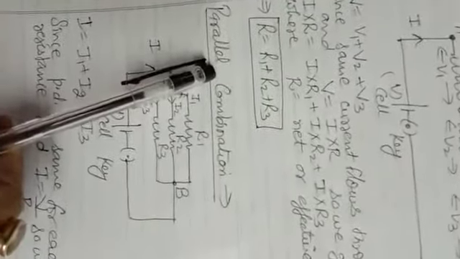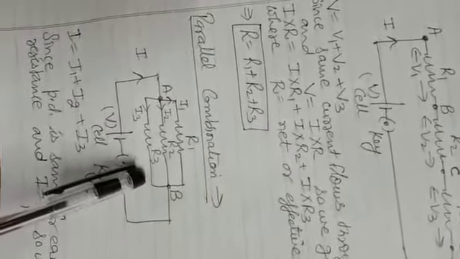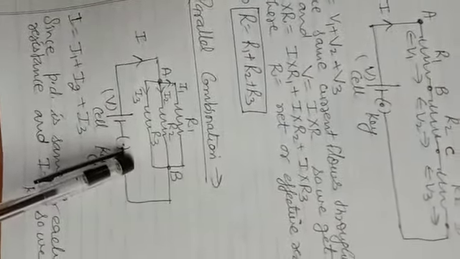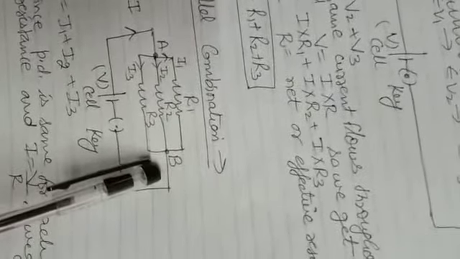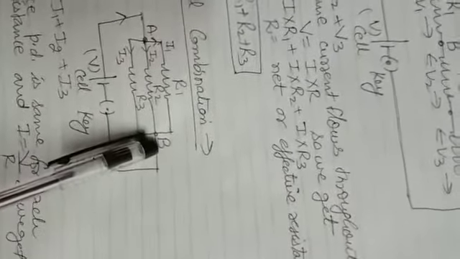Similarly, we can have the parallel combination also. In parallel, it is like the rows you stand in during the assembly. One class is standing between the same two points, one student standing behind the first one, then the third one behind the second, and so on. All the students are standing between the same two points. Here also we are taking resistances R1, R2 and R3, connected to the same two points A and B using connecting wires. Because the points are the same, work done in taking the charge from A to B will be the same. So the potential difference is the same for resistances connected in parallel.